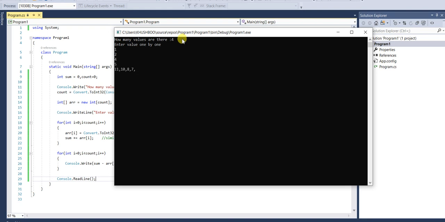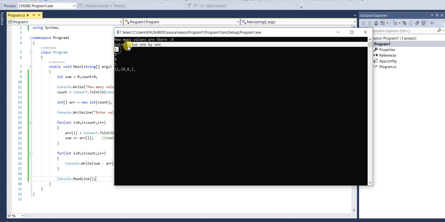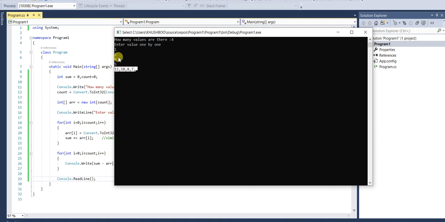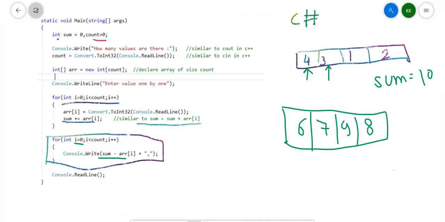So this will print 11, 10, 8 and 7. For the first time I need to skip this 1, so 2 plus 4 is 6, 6 plus 5 is 11. For the second time we need to skip this 2, so 1 plus 4 is 5, 5 plus 5 is 10. So this goes on. Hope you understand the problem. Thanks for watching this video.